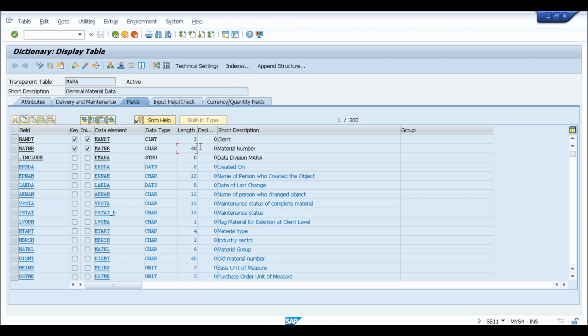Why? Because even if the length has been changed from 18 to 40 characters, you have not hard-coded 18 there. You are asking your code to go to MARA and check the field length every time the program is executed. So it will automatically identify that it has been increased from